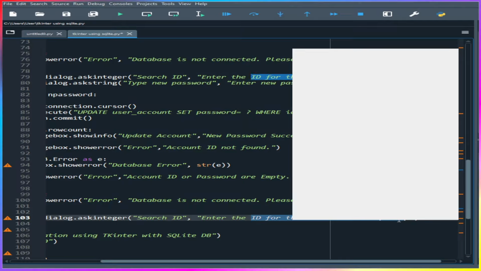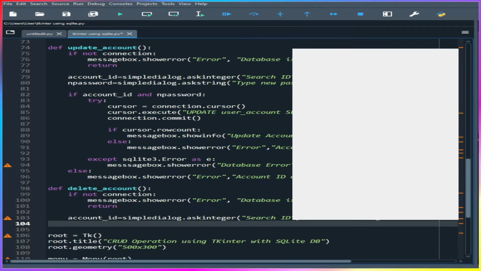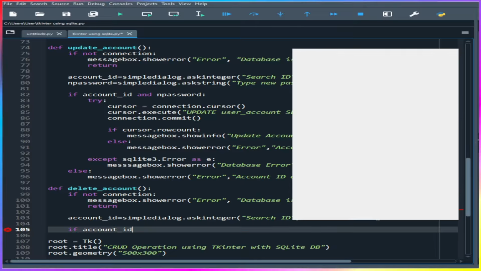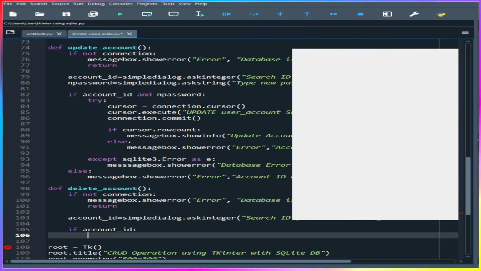Enter the account ID to be deleted. Delete. So if account ID is not empty, then